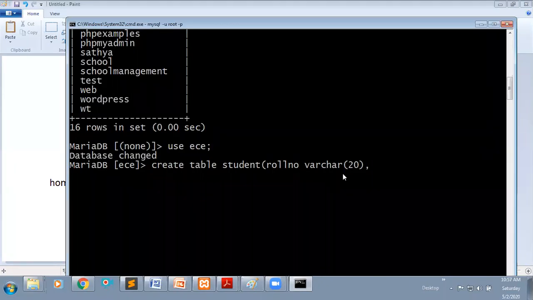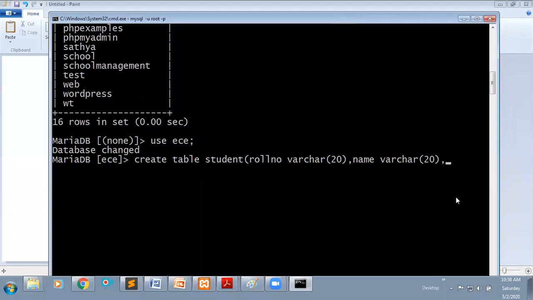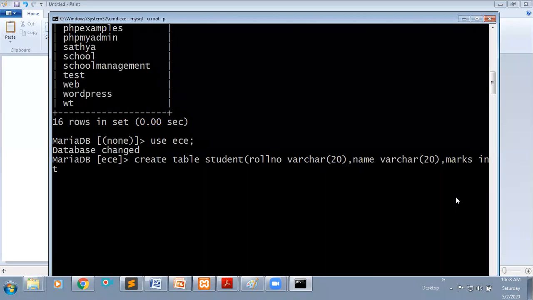Then I'm going to take the name of the student. Name also I am taking as varchar, of size 20. And then I require the marks of the student. One more column, marks, marks of any subject. Consider this I am going to take as an integer value.